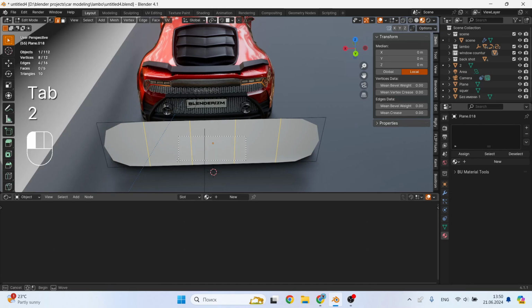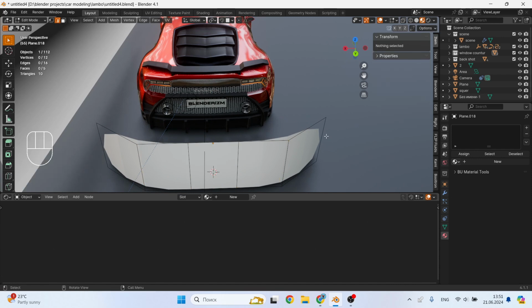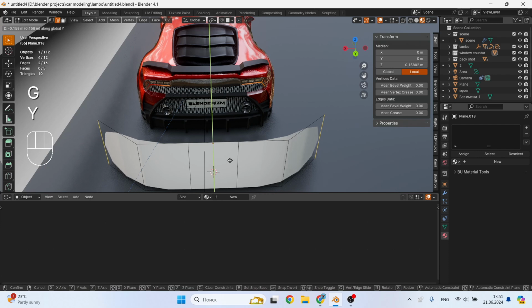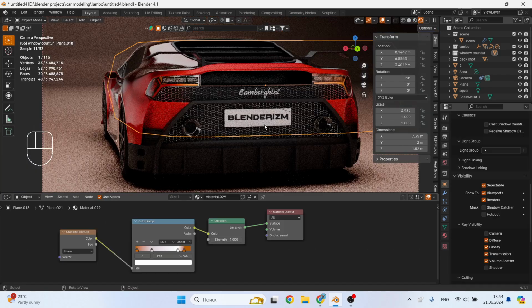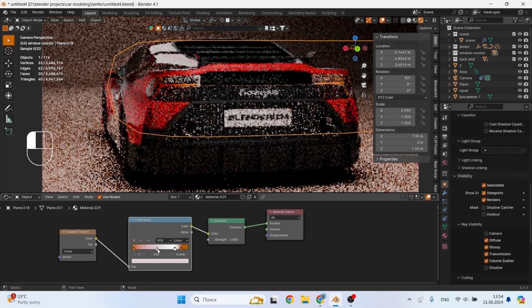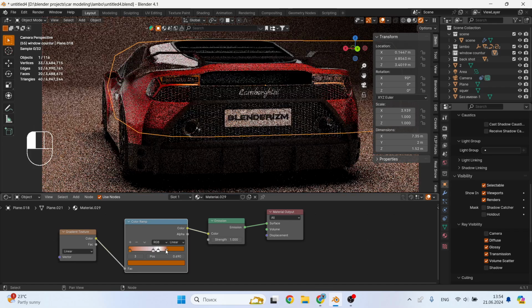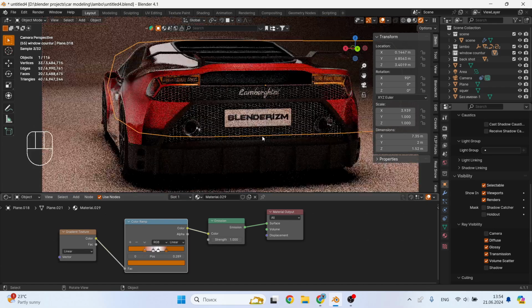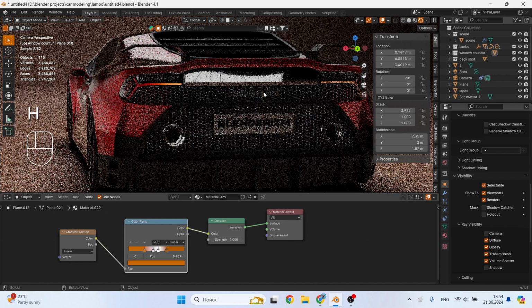Then I made another light panel like this. I want to place it at the back of the car. Let's try to make some more interesting gradients. I set orange colors on the sides and white color in the center so you can see how it looks with it. Look at the situation without it.